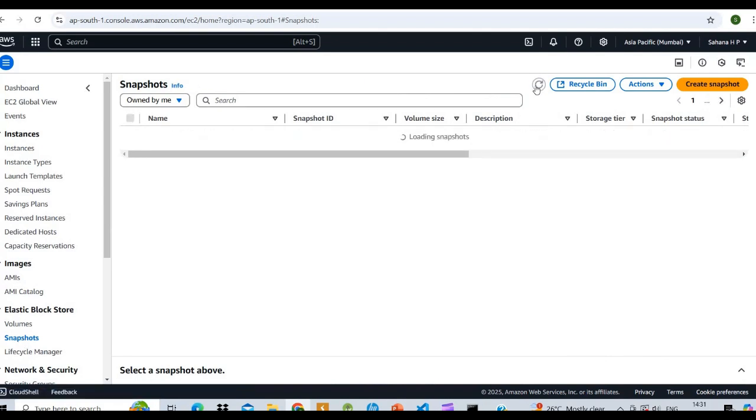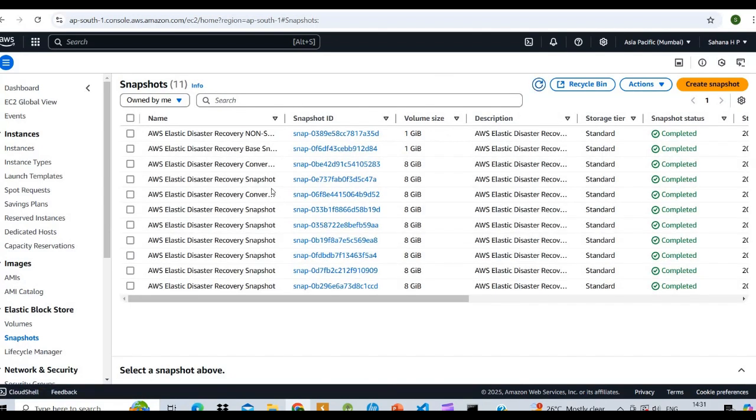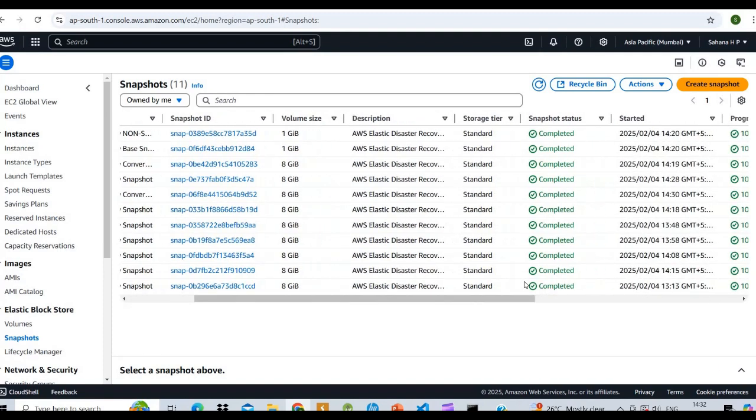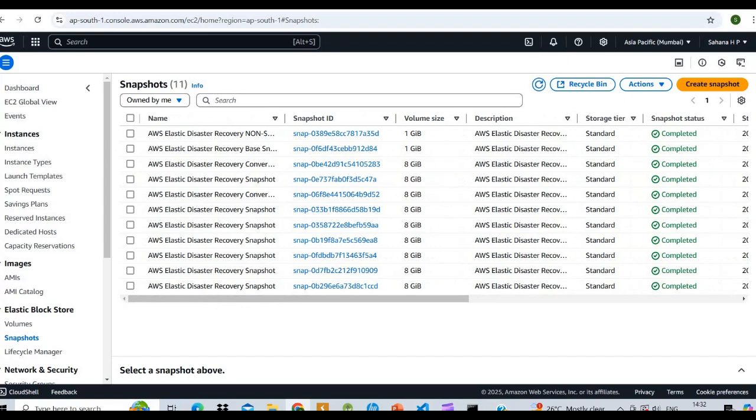Refresh this. Here we can see it took the disaster recovery snapshots of all the source servers that we will recover.